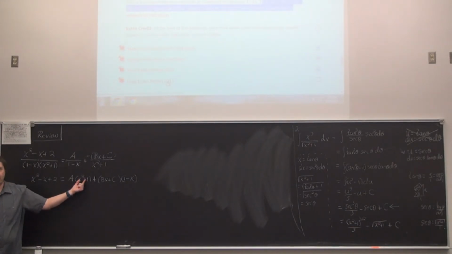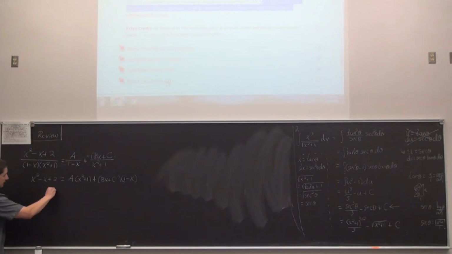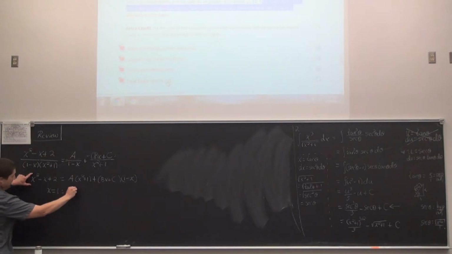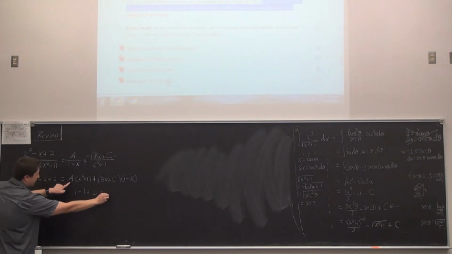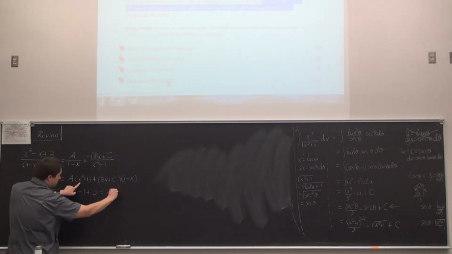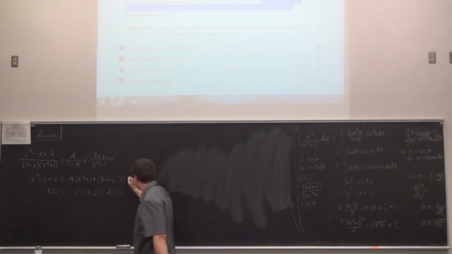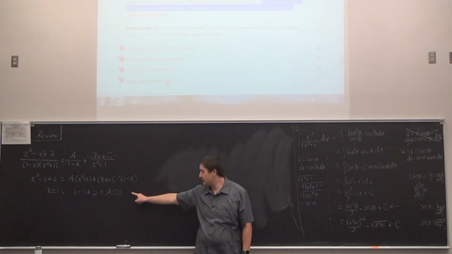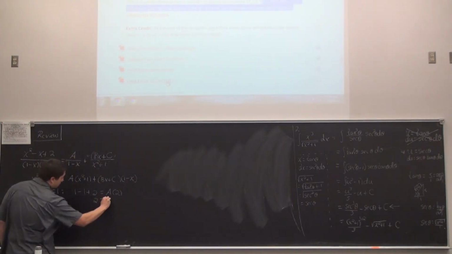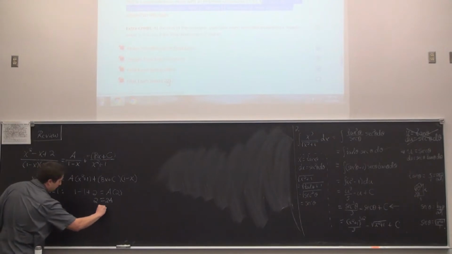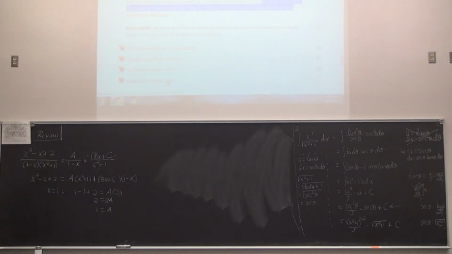So first, let's just get the freebie. If we set x equal to positive 1 in the above equation, then we would have 1 squared minus 1 plus 2 equals, here we'll have A, and 1 squared plus 1 is just going to be A times 2, and throwing a 1 here gives us a 0, so the equation is now just in terms of variable A. So this is effectively 2 equals 2A, divide by 2, and A must be 1. So that reduces the equation down a little bit. Now we need to solve for B and C.